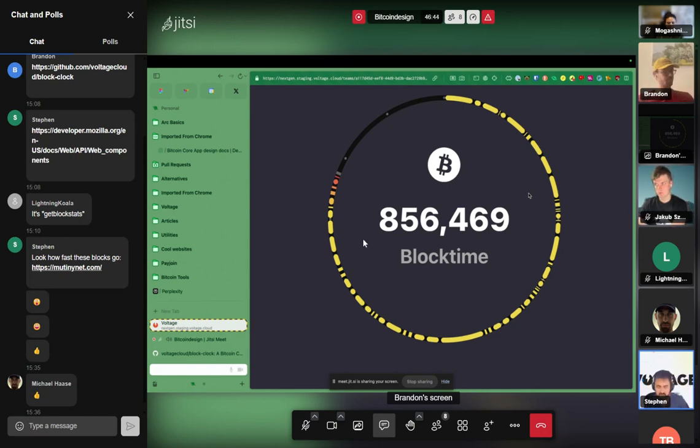I'm actually not sure if you'd be able to use MutinyNet as an option with Bitcoin Core app because in theory it's possible, but Bitcoin Core app is actually a maintained fork of Bitcoin Core. If you look at it, there are upstream commits from Core as well as the commits that your developers are working on for the Qt interface, and then MutinyNet is actually a maintained fork of Bitcoin Core. So